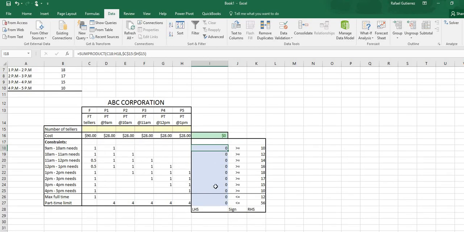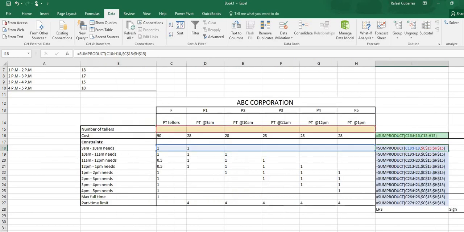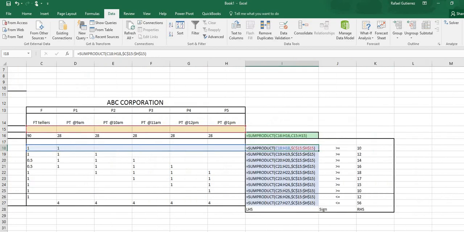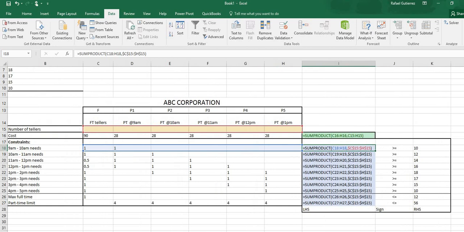Now right here, there are some formulas. You will have to enter these formulas, which use SUMPRODUCT. I'm going to show you the formulas. You can see this one here, it says C18, SUMPRODUCT. You have to use the SUMPRODUCT function, C18 to H18, which is this line here,